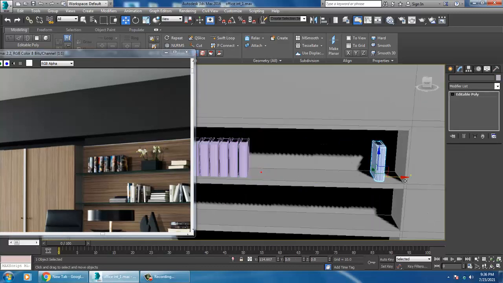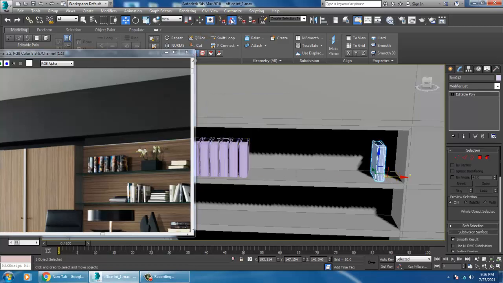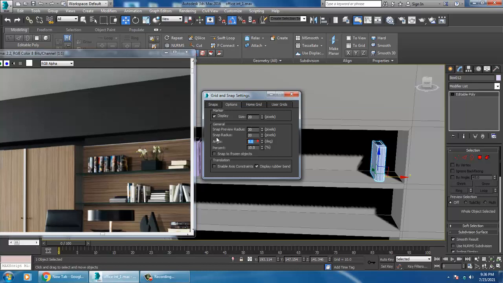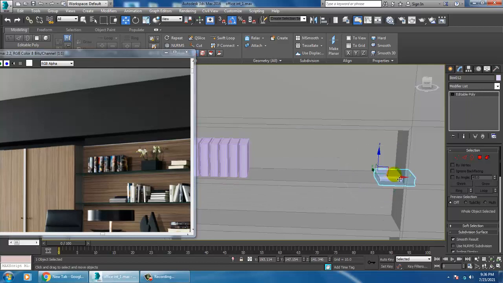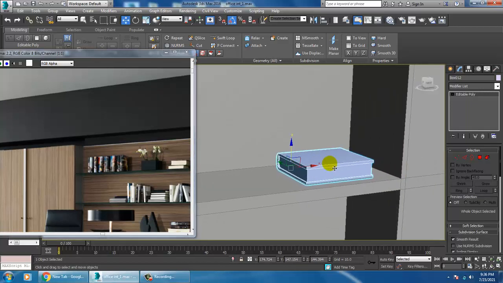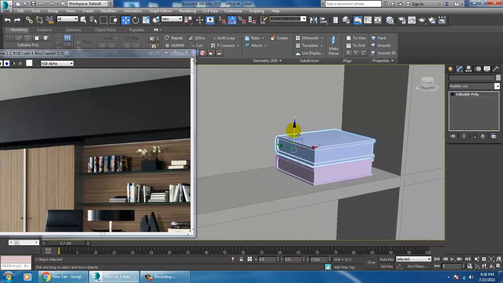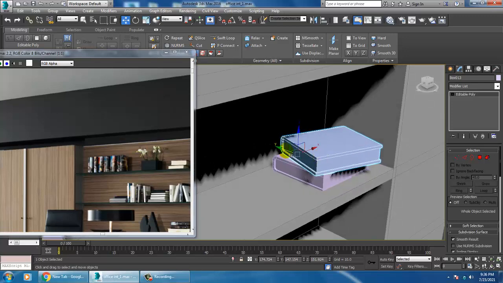I'll take one more copy. I'll go into the angle snap toggle and set this to 90 degrees and rotate it, and slightly I'll shuffle this up. Again you can duplicate it and rotate it over here.